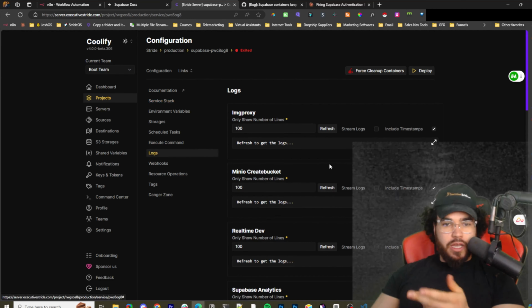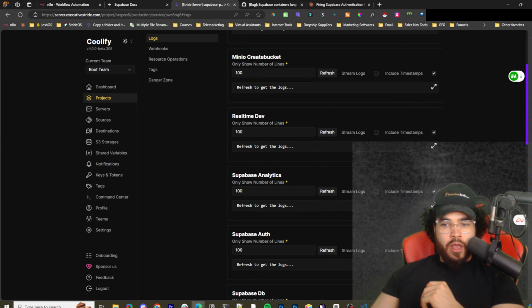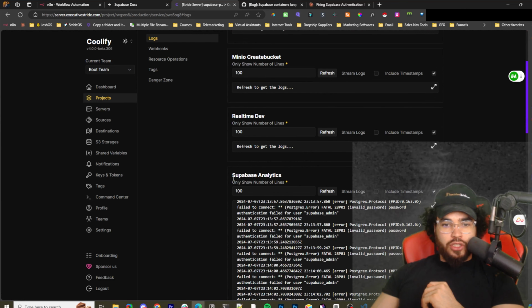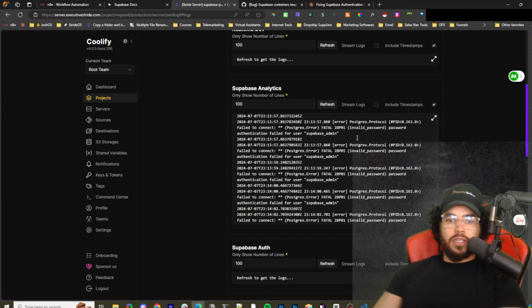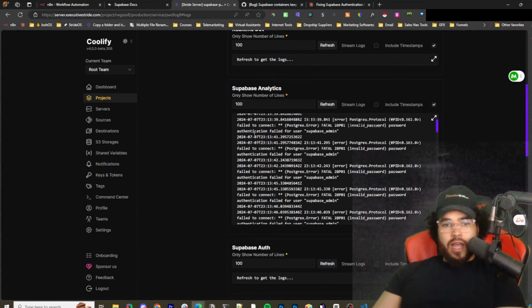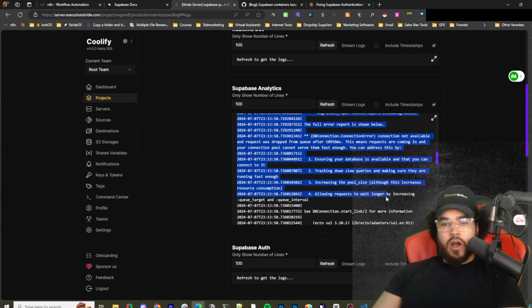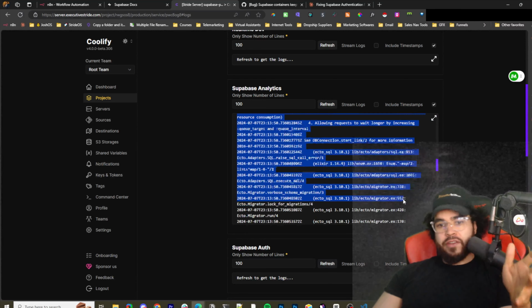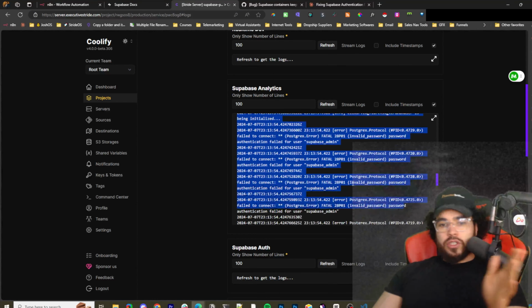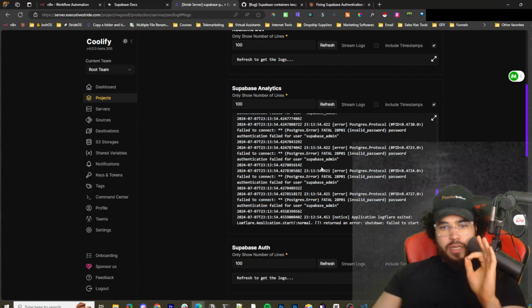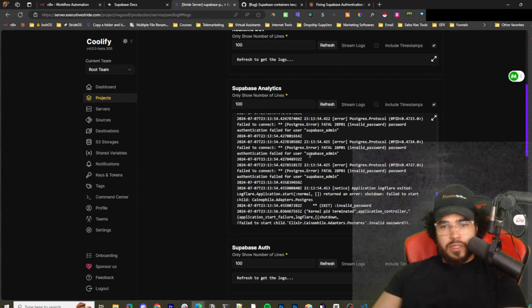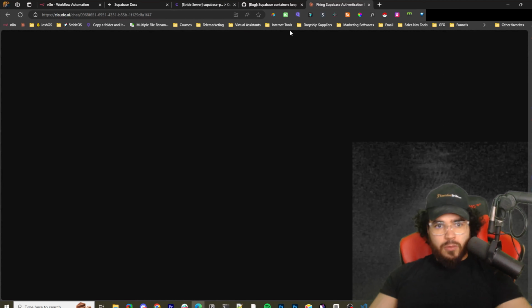So if we look at logs here, just to show you, I can go here, refresh. This is where we can get the specific logs for the container. And I even pasted this whole thing in Claude. I was talking to Claude, trying to ask Claude and GPT and Perplexity how to fix it. I was doing research and all this stuff, and it wasn't until I did it this specific way that I got the fix. But you can see here, basically just to summarize,